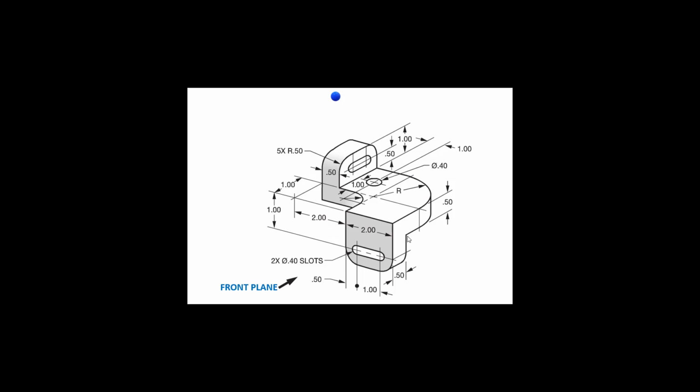So what I'm going to do today is we have again a part shown in isometric view, but for this part I also want to specify the orientation of the part and locate the part at a specific point in space. So I have indicated over here the front plane, so that means that this surface here is going to be the front plane of the part, and I'm going to use this blue dot to indicate the location of